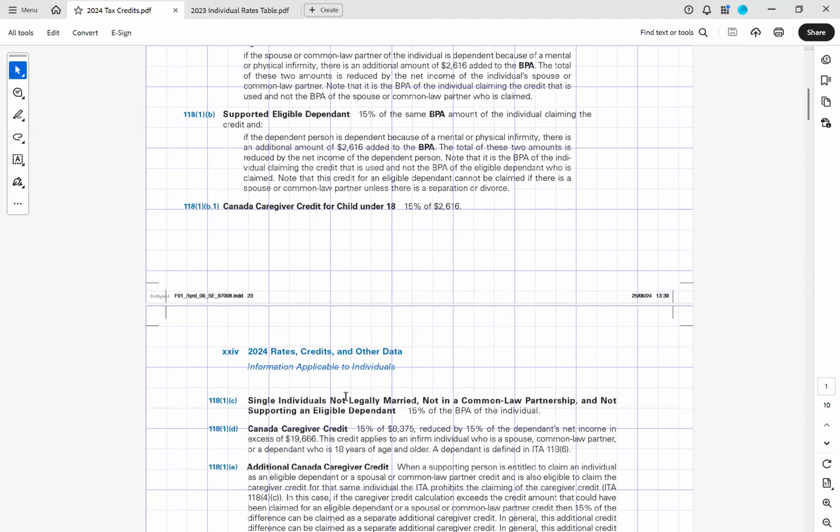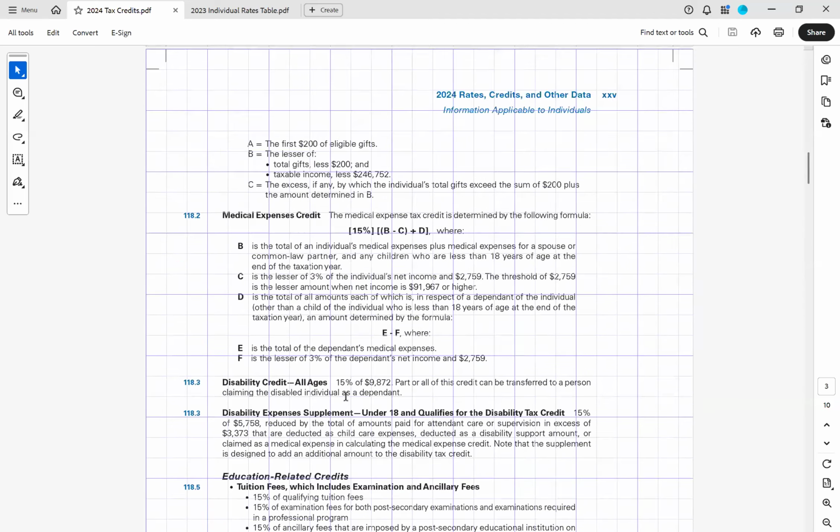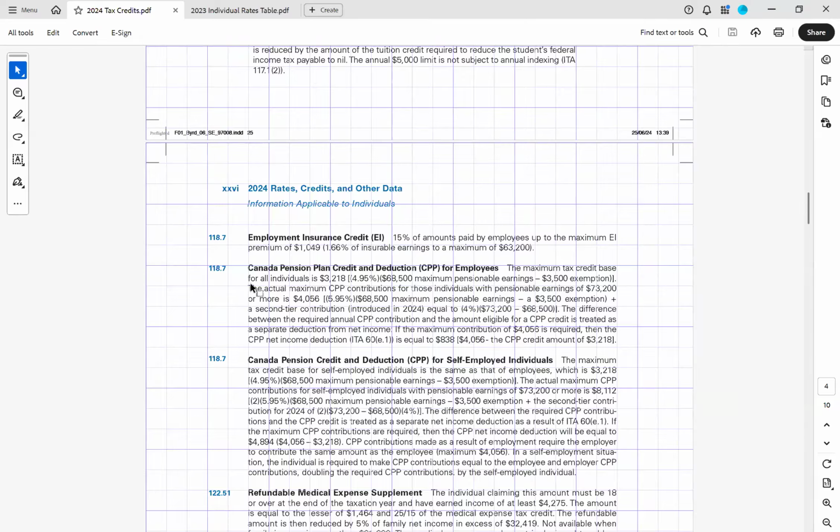We'll scroll down to the CPP amount, and it's right here. If you look at the last line, it says the CPP net income deduction is equal to $838. So in 2024, if you contributed the maximum to CPP,